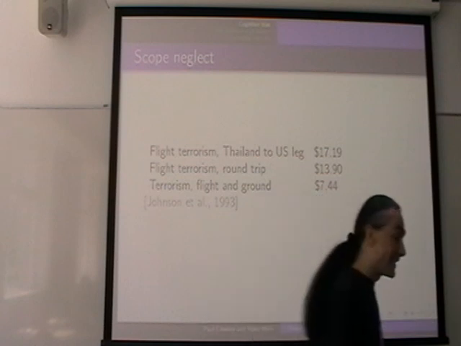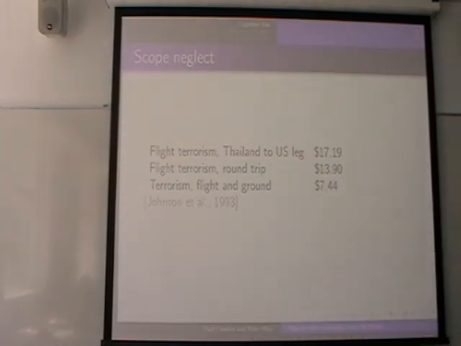Scope neglect. This is the really scary one. There are 2 biases I think are the scariest in the world, and one of them is scope neglect. This is a bunch of MBA students in the United States, some of whom are going on a university trip to Thailand. They were asked, how much would you pay for flight insurance? And the first group